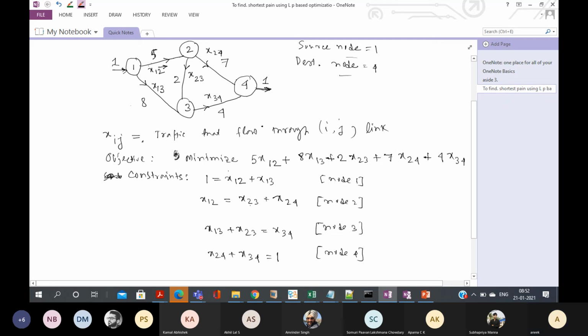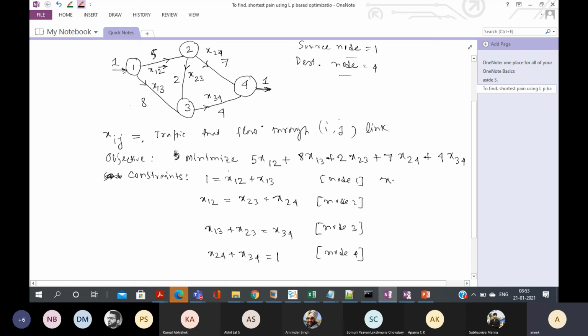If you check, maybe we can start from equation 3, x13 plus x23. x13 is not there, but x23 is there, and x34 is there.